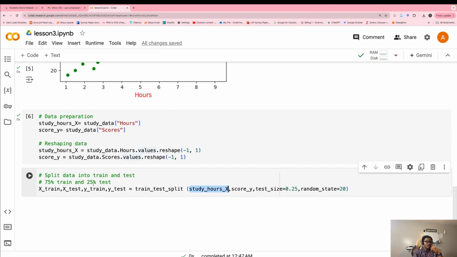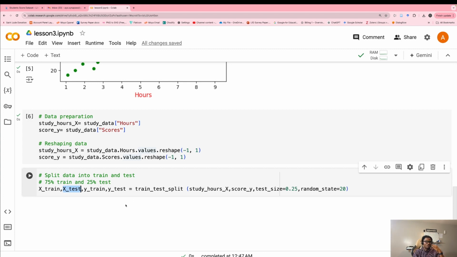We are going to train our AI with train data points, then test it with test data points. Because if we train the AI with a data set and test it with the same data set, we won't know if the AI is actually good or not.